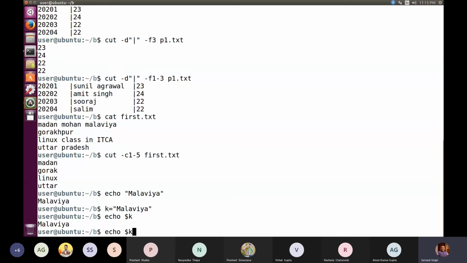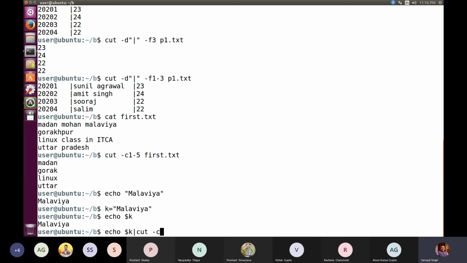Now suppose I am combining this command to cut -c. Now the output of echo $k is supplied as input to cut -c. If you consider cut -c in a standalone way, what is required when we write cut -c? We have to write the file name from where we wish to cut the contents, or the contents you can also specify. But here we can write echo $k, so whatever I am supposed to get on screen is now supplied as input to the cut command.